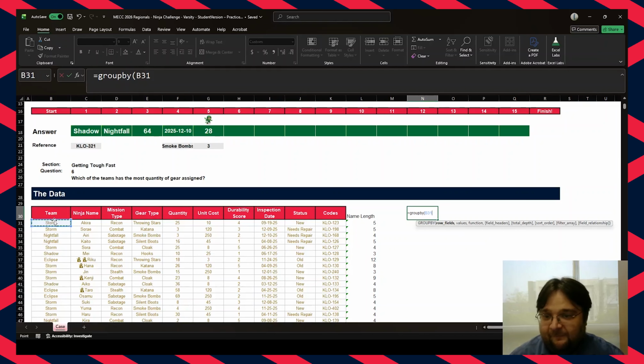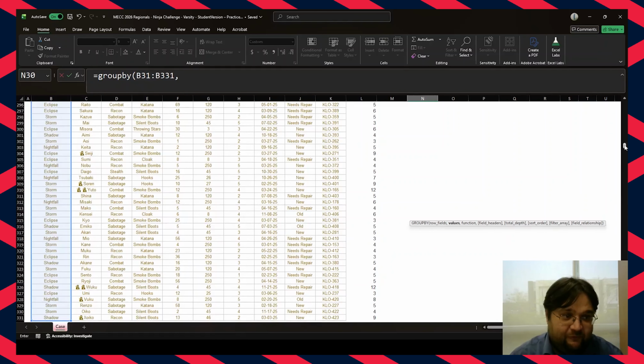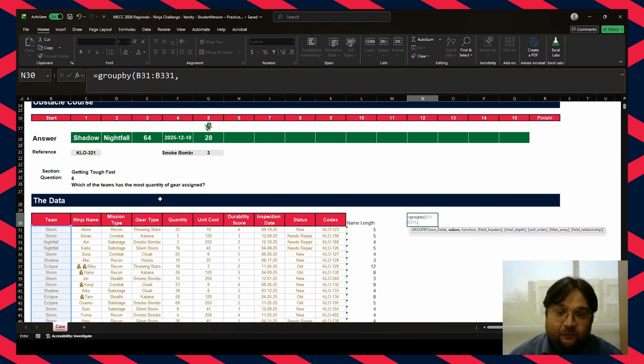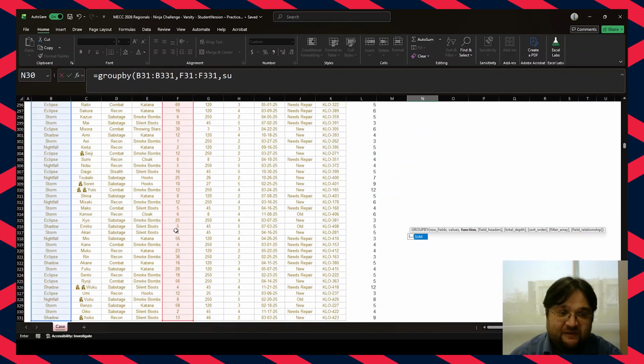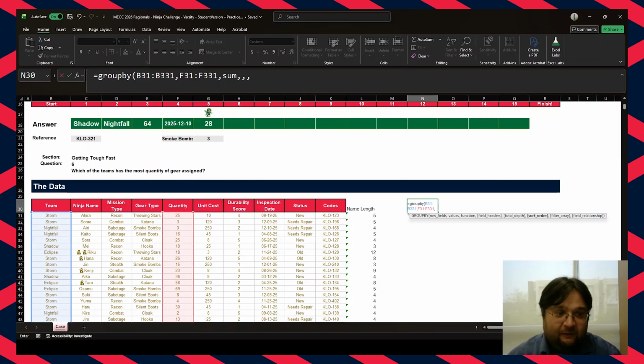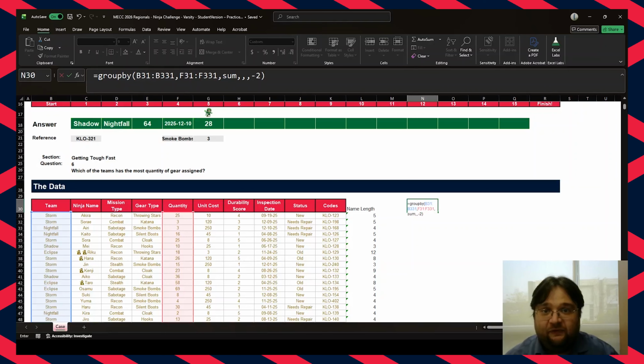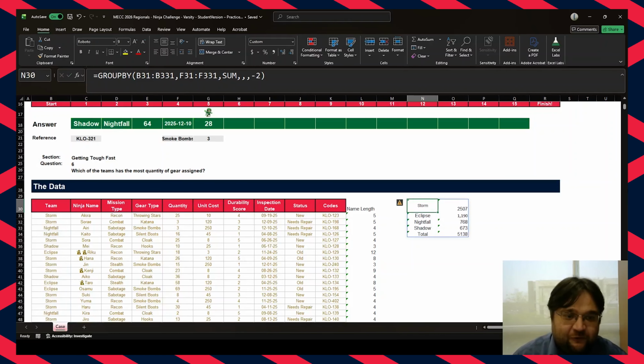So let's group by teams. The values that I'm going to do math on is the quantity of gears. So let's do quantity, and then my function is going to be sum. And once again, because we want the team with the most gear, I'm going to set my sort order to -2. Once again, 2 for the second column, which is the math column, negative to sort it from highest to lowest. Here I see that Storm has